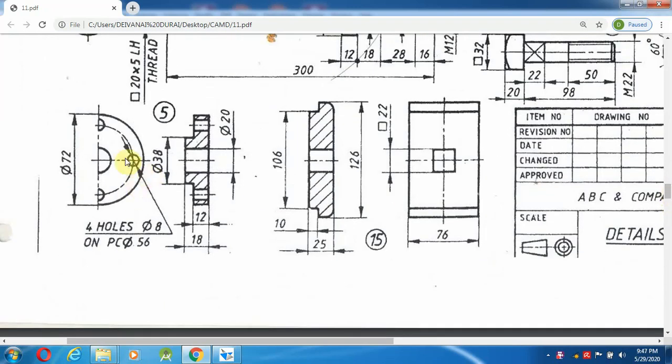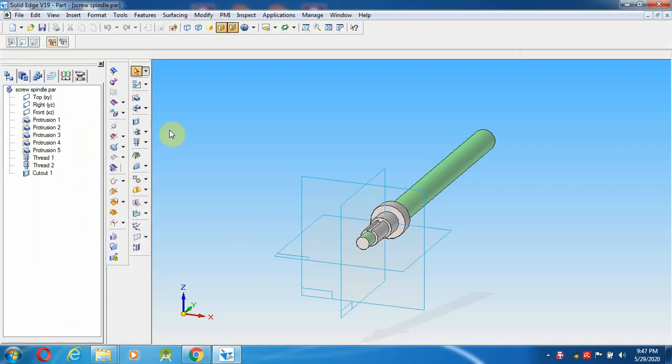So that is the flange. Okay, so the fifth component, they have provided as a full sectional view, front view and side view. So this will be very easy to draw.